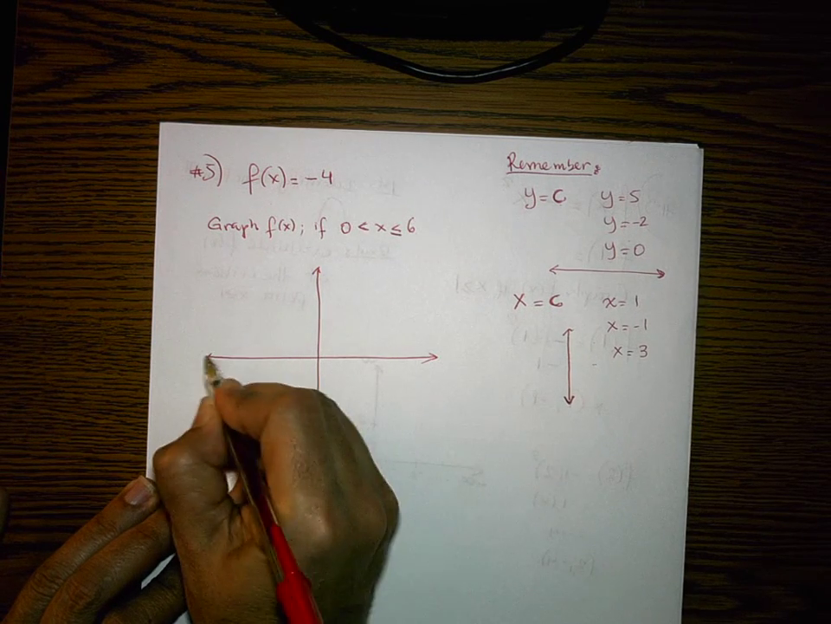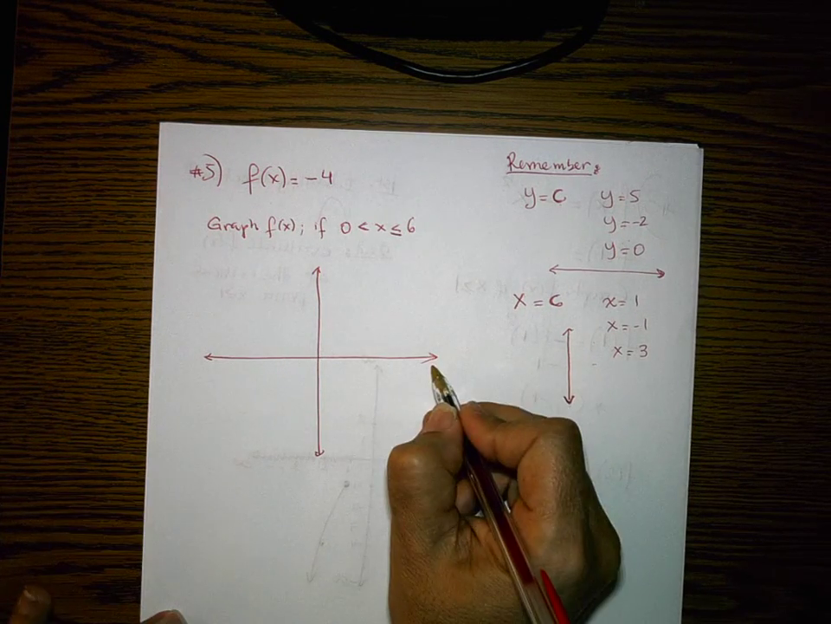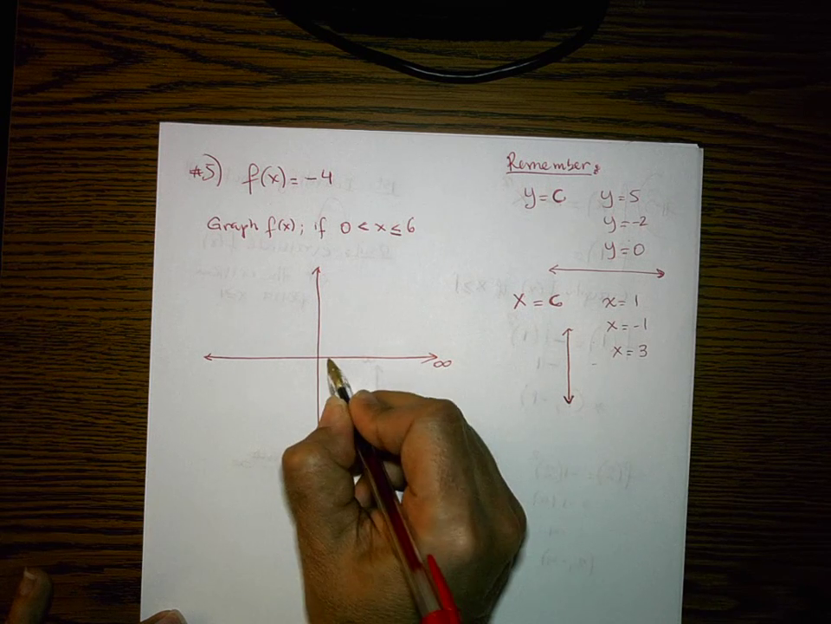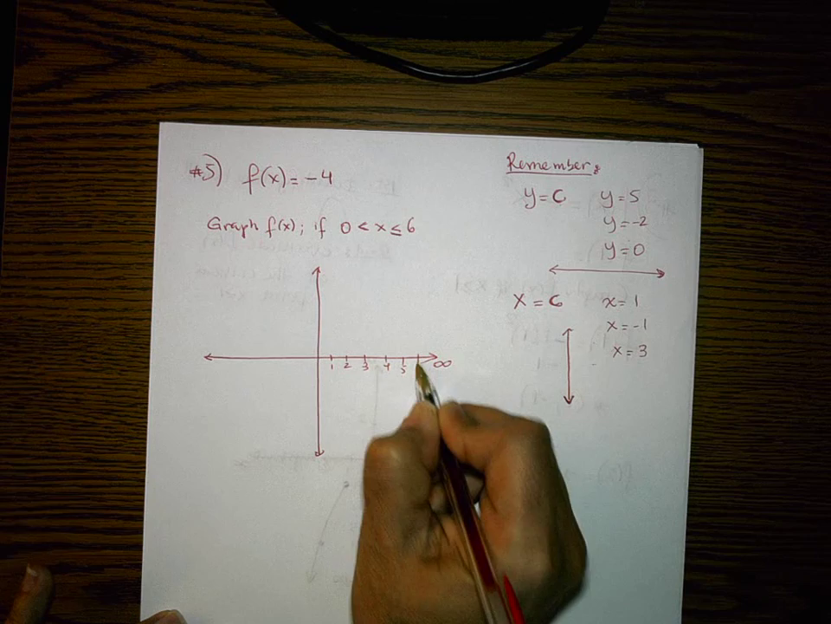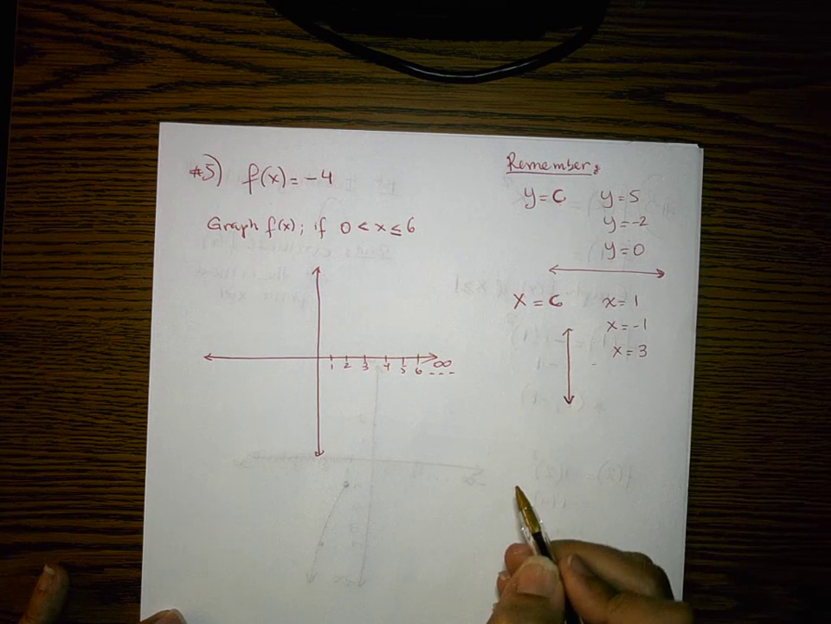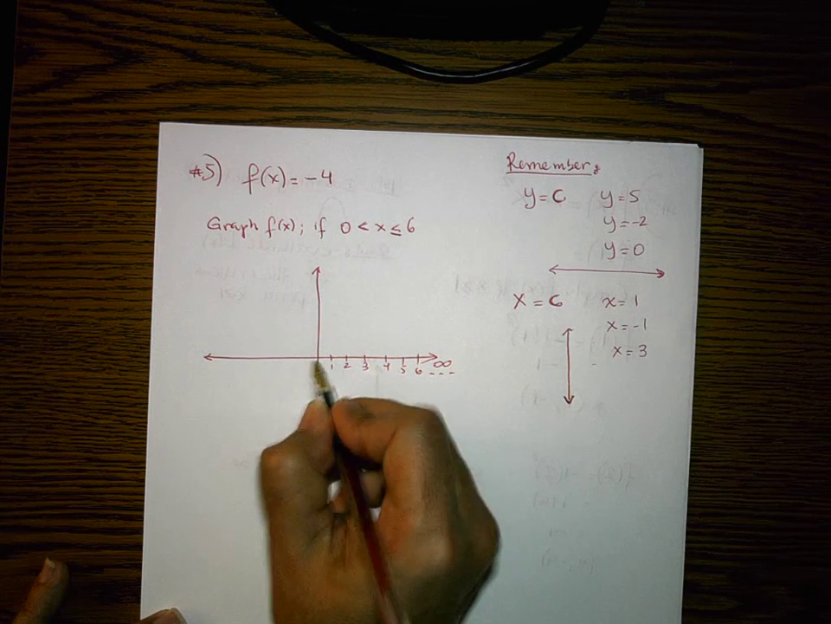Here's my x-axis and my y-axis. Here we're going to positive infinity. Here's a 1, 2, 3, 4, 5, 6, forever to positive infinity. Here, 0, -1,